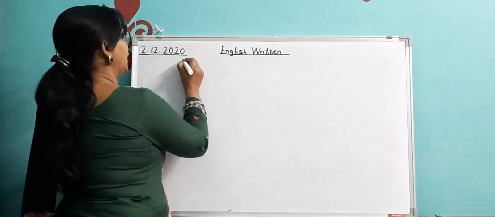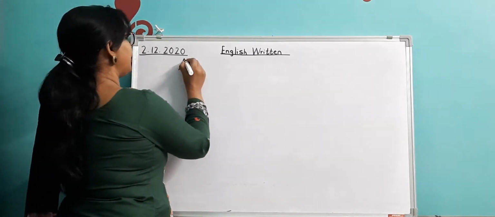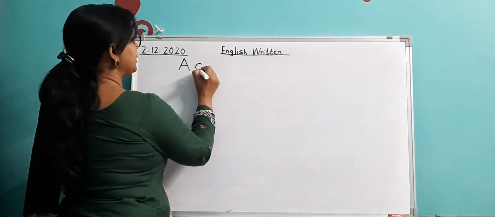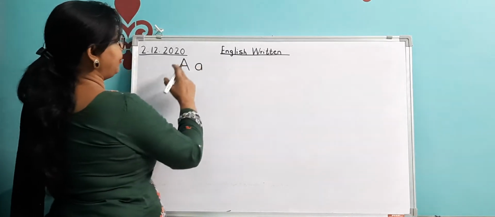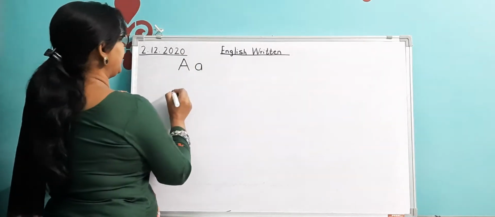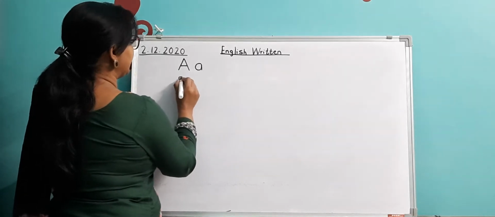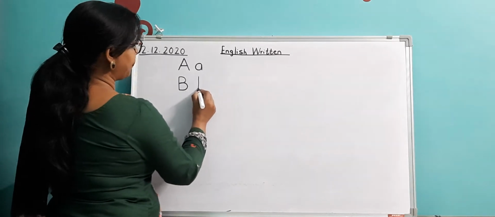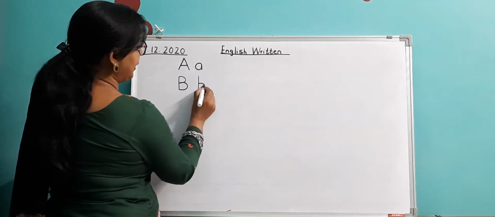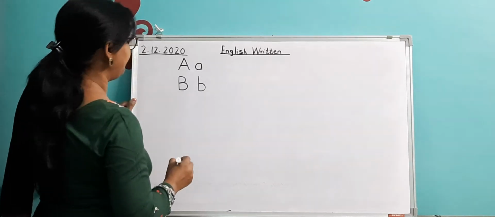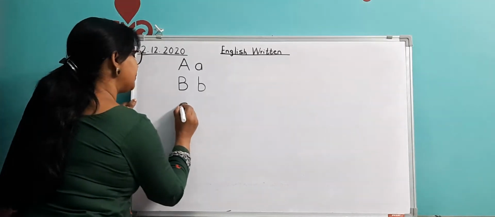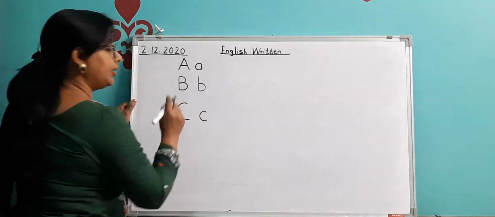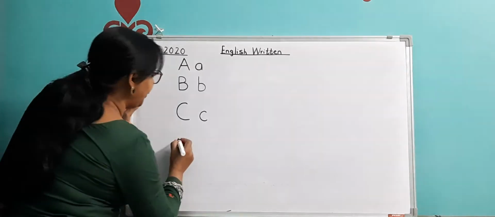Okay. So along with the capital I will be writing the small also. Okay. So this is capital A. And this is how you write small a. Okay, you make a circle and then a standing line. Okay, and then this is capital B. Yes, and how you write small b, standing line, and the other way around, semicircle. Okay, then this is capital C, and small c is smaller than the capital C.